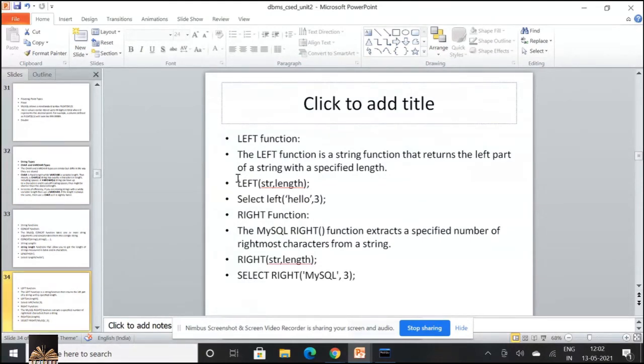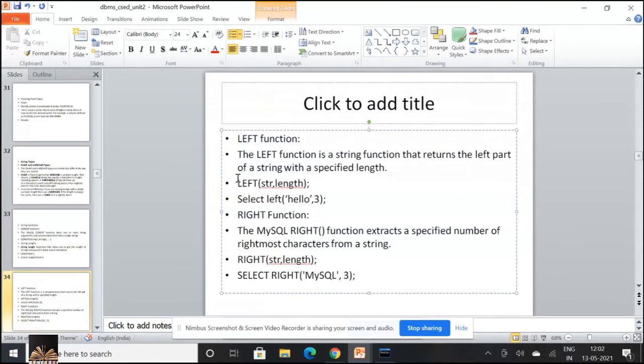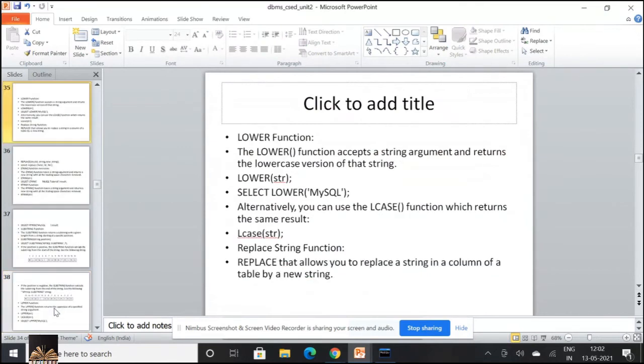The syntax for LEFT is LEFT(str, length), and for RIGHT is RIGHT(str, length). The string is the particular string or attribute you are working with, and length is how many characters you want to display. That is the concept of the LEFT and RIGHT functions.